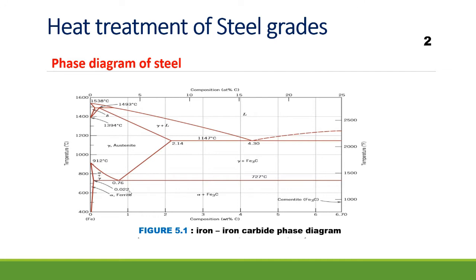So here I would like to say that around here, something around 700 degrees Celsius, as I already told, the austenite will convert to its byproduct. And on the other hand, as we have already discussed, it will not be a spontaneous process. We need to provide some undercooling for the nucleation to start. And once the nucleation starts, growth will take place, so that there is a change in